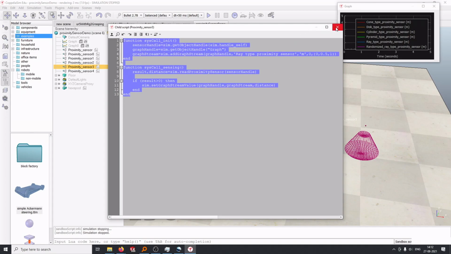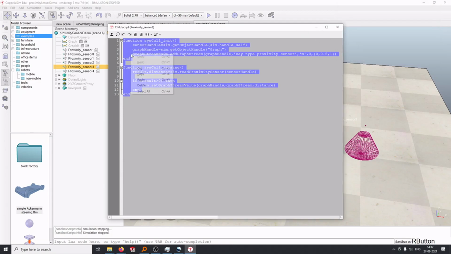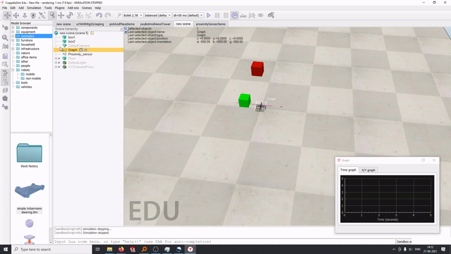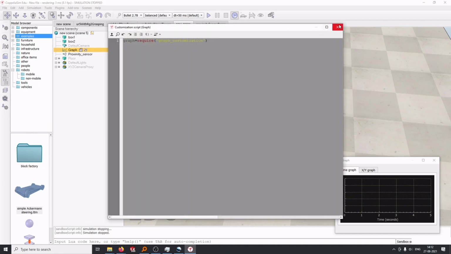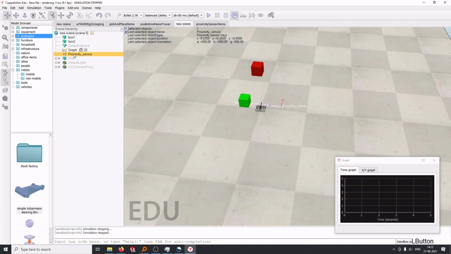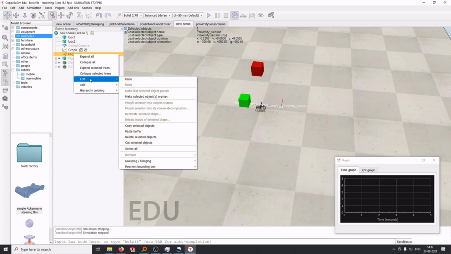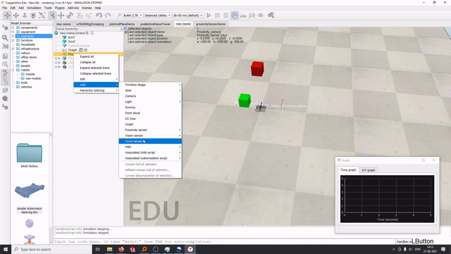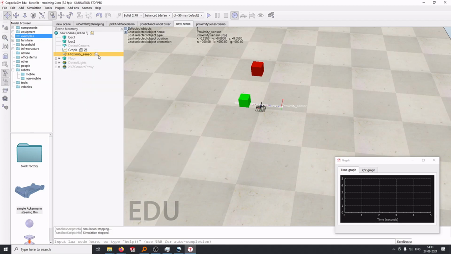We have to write a script to give the readings, like we have to stream this data to the graph to visualize it, right? So this is what we copy and paste. There's a script here, not in this one. We have to do that for the proximity sensor, right? We go to the proximity sensor. We add a script, child script, non-threaded, and we go there.